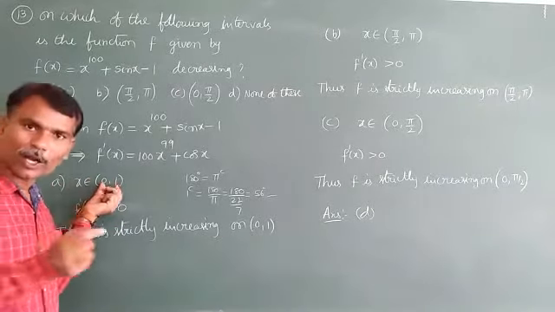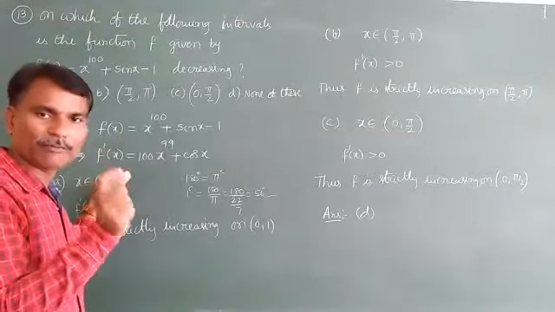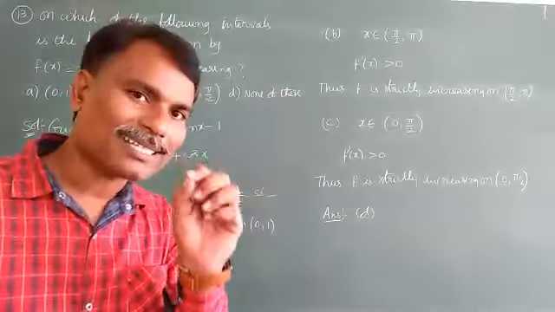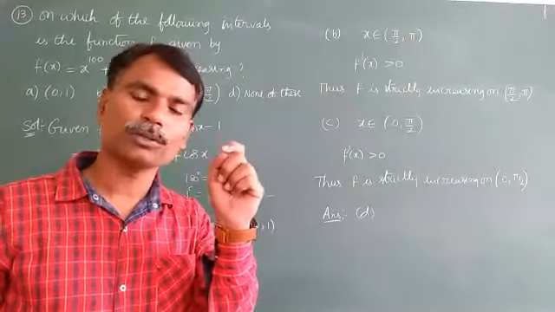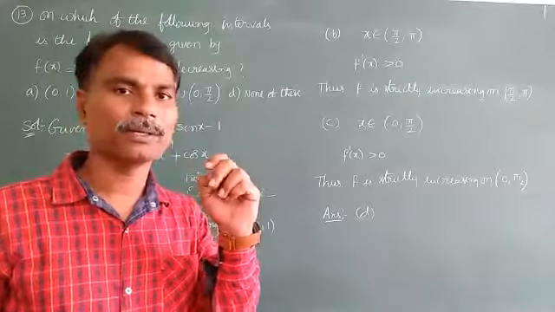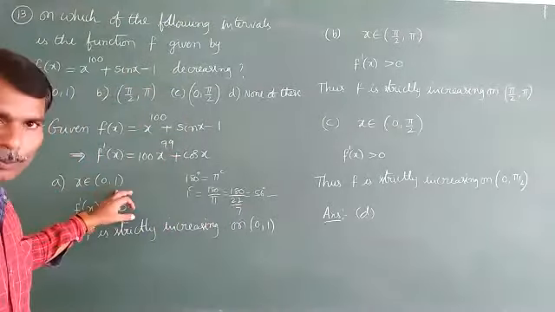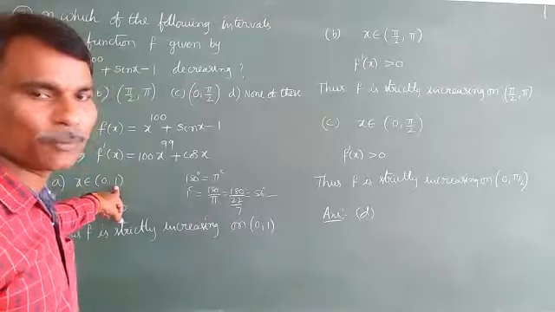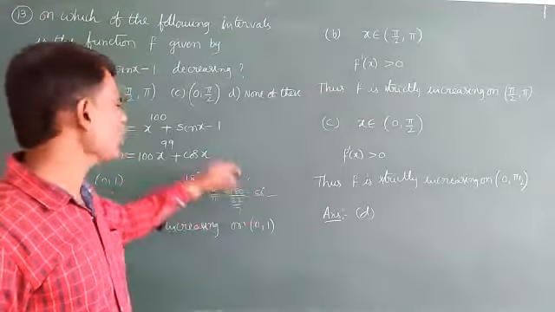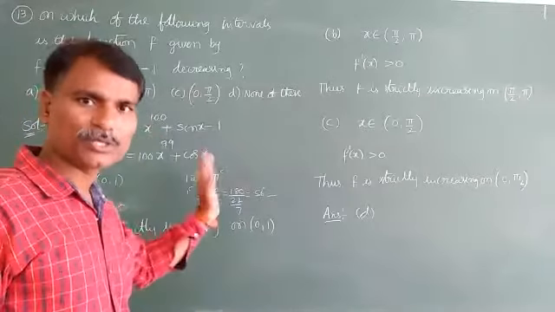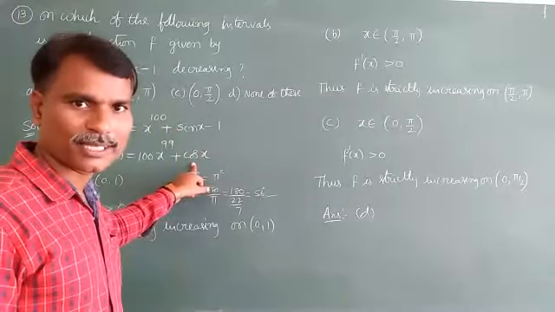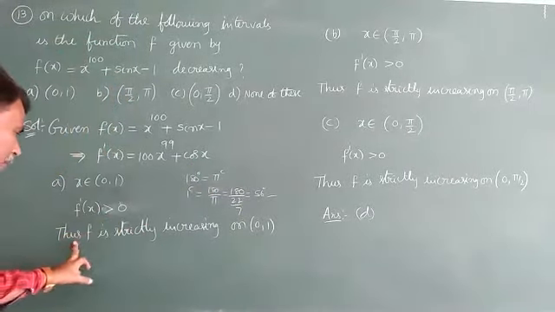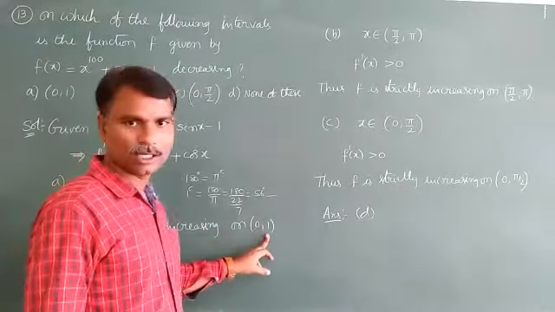In this interval, we are not taking 0 and not taking 1 guys. We are taking values between them. Automatically, if you observe, cos x is positive in the first quadrant, 0 to pi by 2 or 0 to minus pi by 2. Here, taking 0, 1 should be considered as the first quadrant. When you convert 1 radian into degrees, it comes to some angle. Whatever the value is, it is a positive value. And cos x, obviously in the first quadrant, is positive. The total value is also greater than 0. That's why f is strictly increasing on 0, 1.